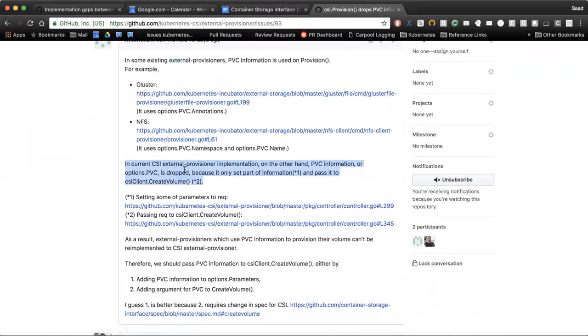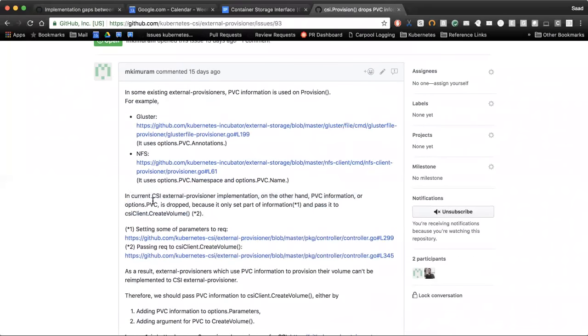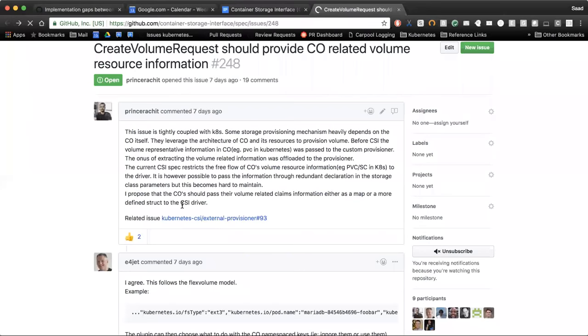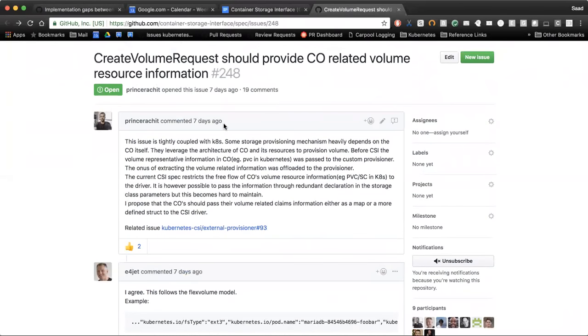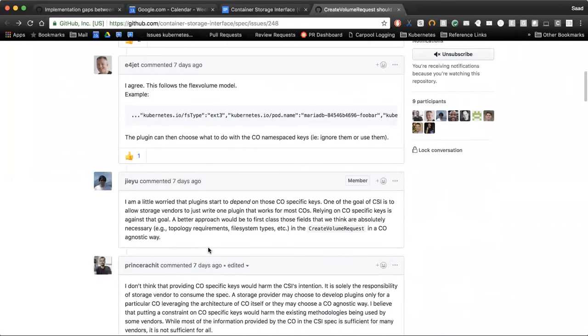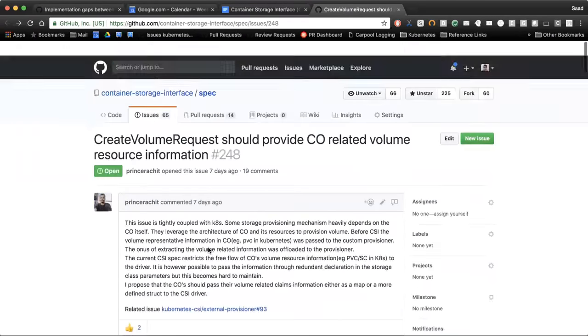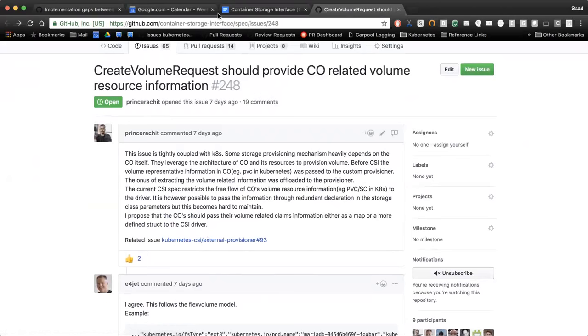The author of the issue is writing an external driver and pointing out that in the past, when we had internal drivers, you used to be able to get PV information, but now that information is not making it all the way through to external drivers. So this whole issue is basically a discussion of whether or not CSI should accommodate that